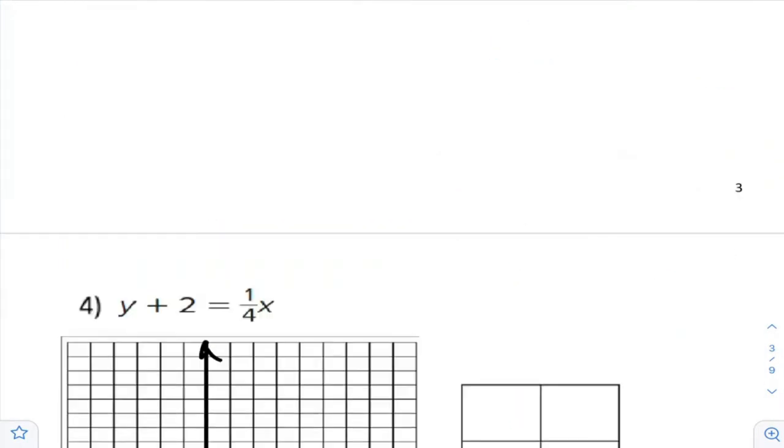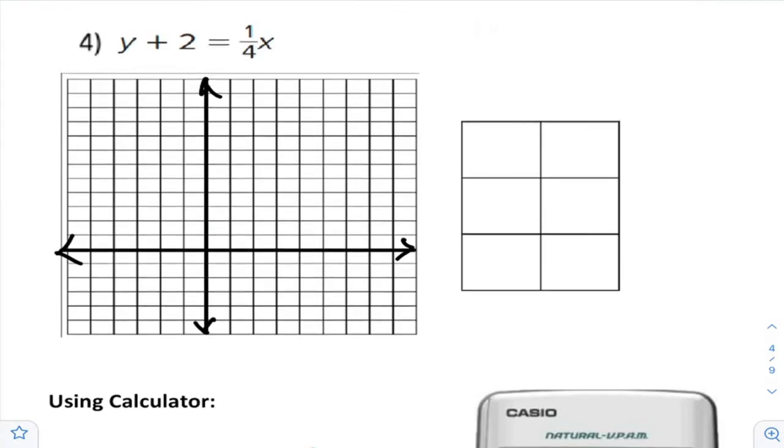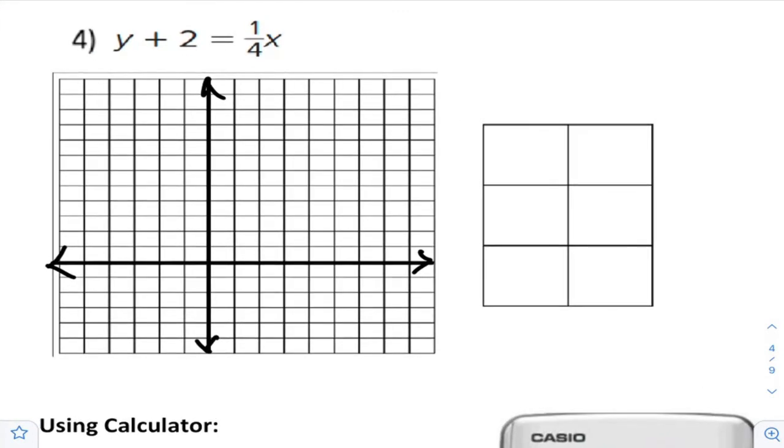This is a similar example here, and we learn now how to assume points. First, solve for y. It's better to solve for y because the coefficient of y is 1. It's easier to isolate y than to isolate x. So I keep y on one side, so y is 1 over 4x minus 2.